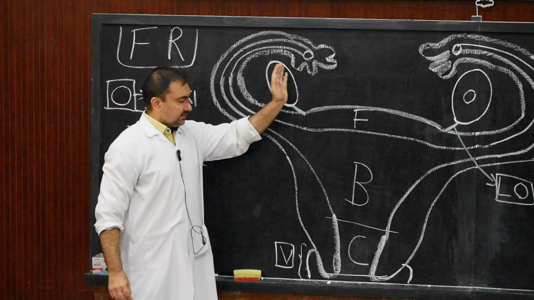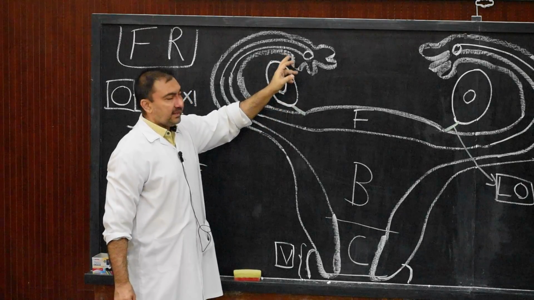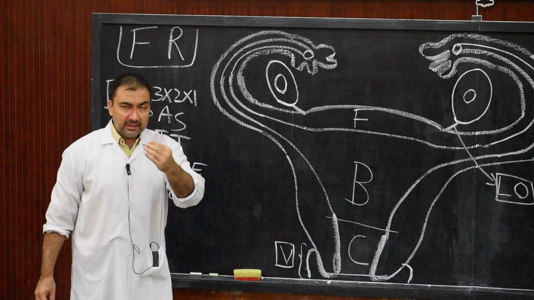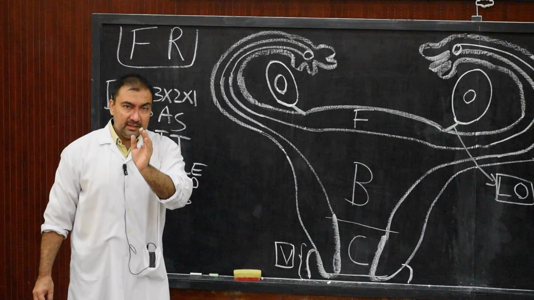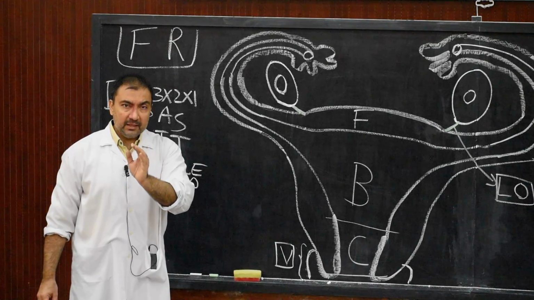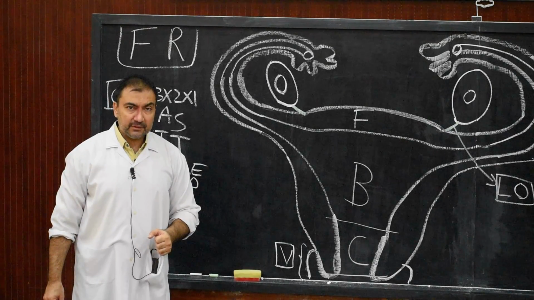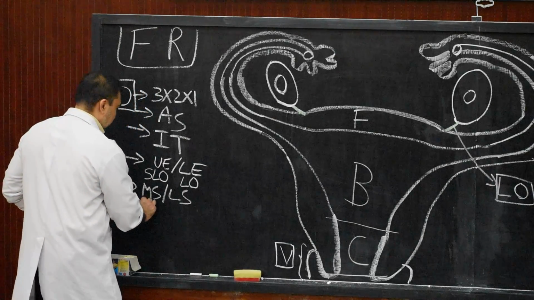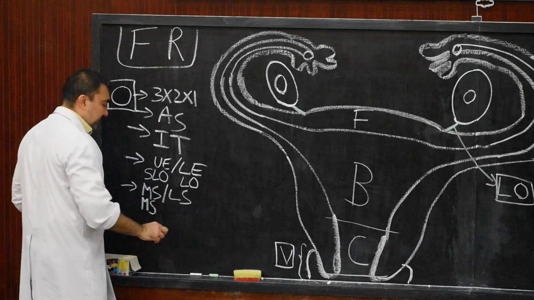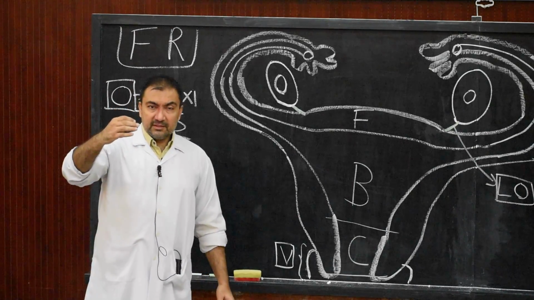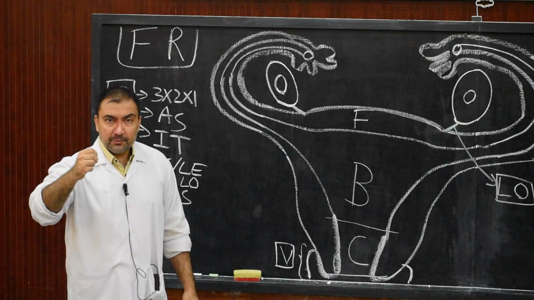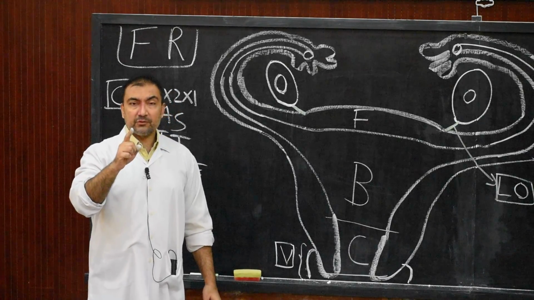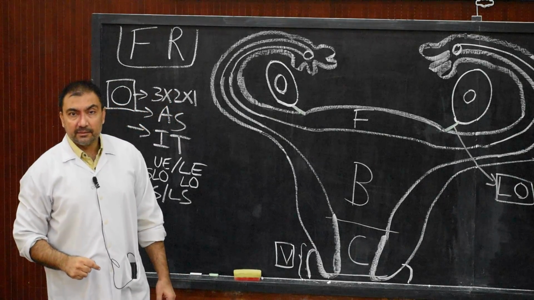Then similarly, the ovaries will have a medial surface and a lateral surface. The medial surface, please note down, will be related with the mesosalpinx. This mesosalpinx is a fold of connective tissue between the lateral most end of the fallopian tube and the medial surface of the ovary. It will be separated from this portion of the fallopian tube by a bursa, which is known as bursa ovarica. So the medial surface of the ovary is related with bursa ovarica.